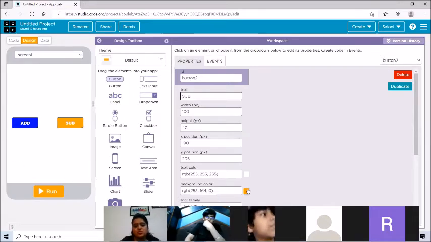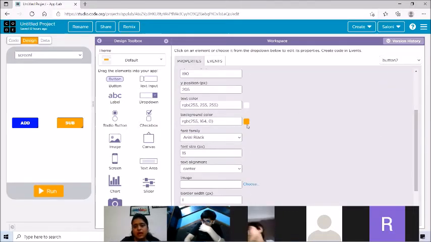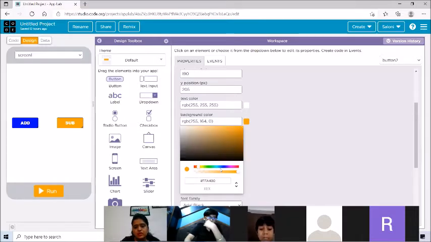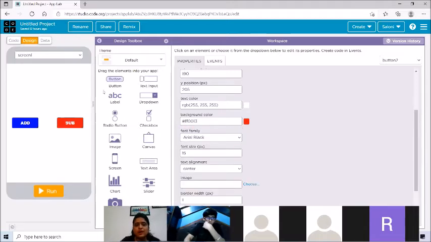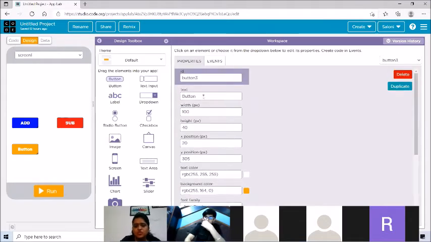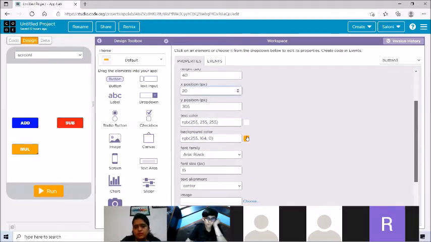Okay, for this button also I can have a different color. Okay, so let's make it colorful and choose different colors. So let's make it red. This is nice. This is looking good. Okay, so we are only designing our app for now. We'll take the third button now. On the third button, the text that we will be writing is mul. Multiplication we are writing in short as mul. Fine. You can change the color of this button also. Let's make it green. Okay.